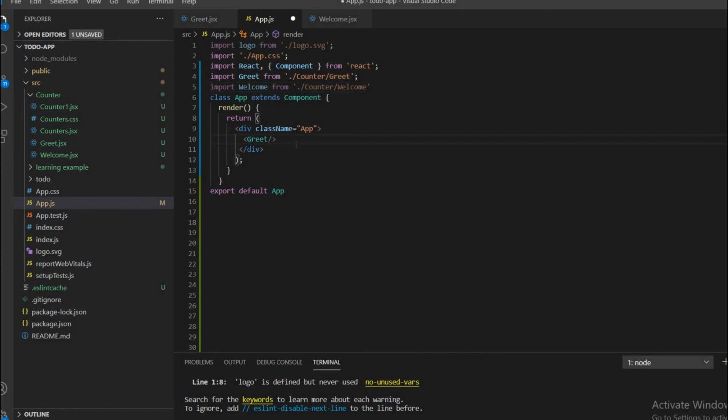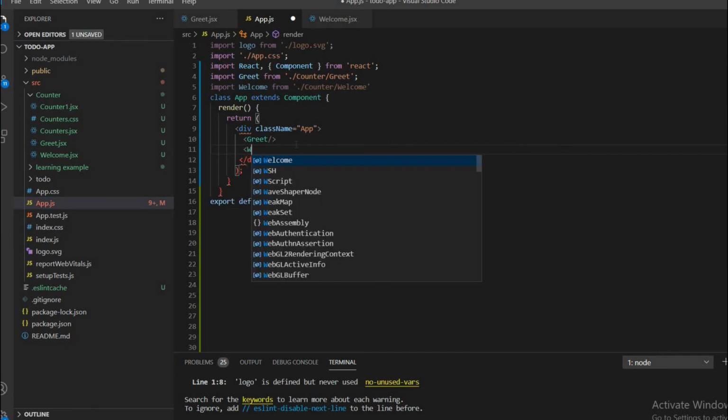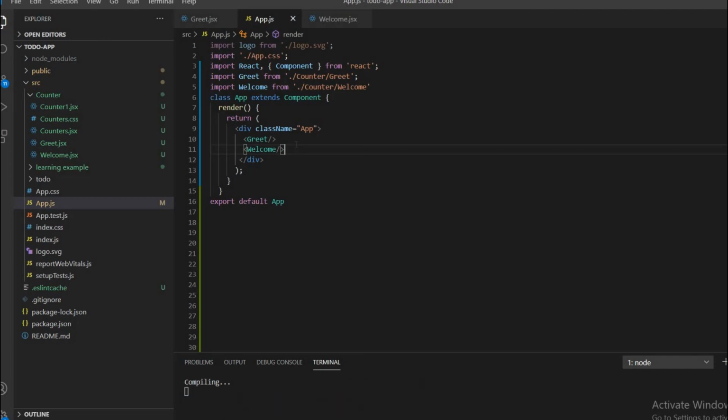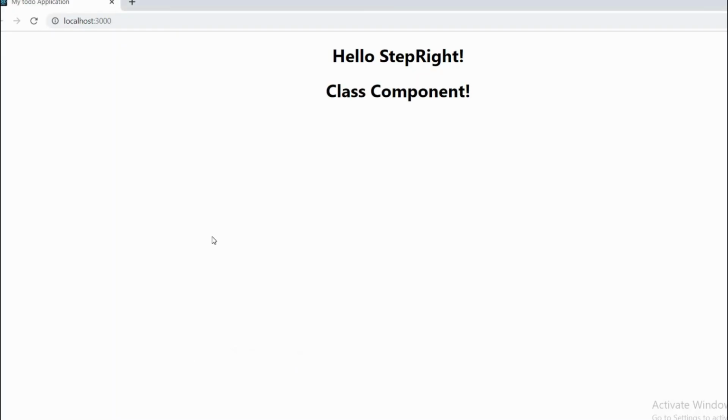Within the HTML, I am going to use the custom tag Welcome with a closing tag. So save it and go to the browser. We can see that I am getting the class component as well. So thank you so much.